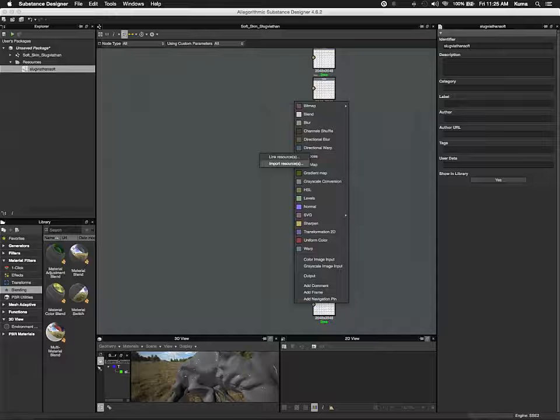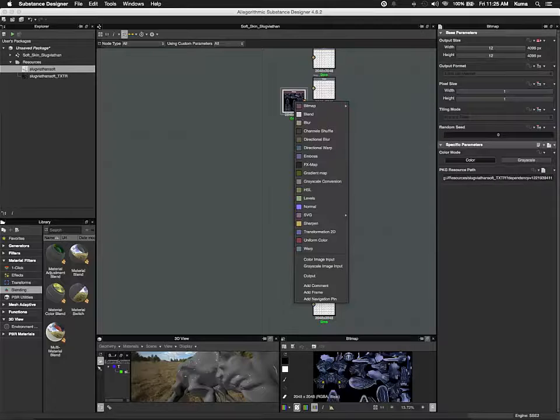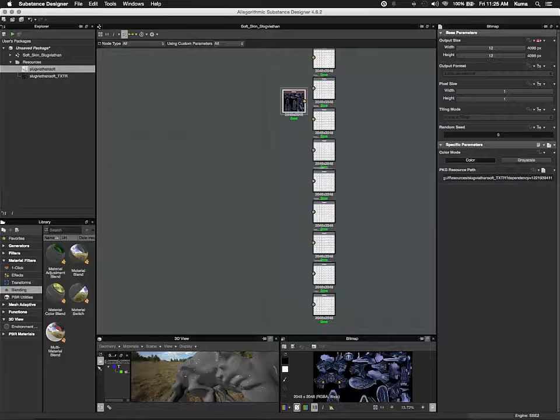I want this saved into the Substance file just in case I end up moving it or reorganizing or whatever, so that when I open up this Substance, it's always going to be there. So I'm going to import the resource instead of linking it. All right, so now we have our map,